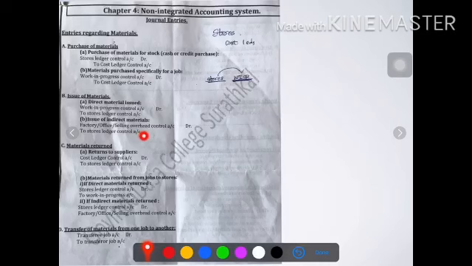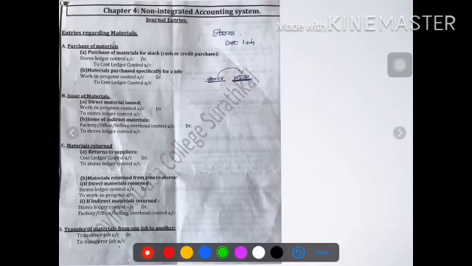So, in other words, we can say if you are issuing the indirect material to factory, then the entry will be factory overhead control account debit to stores ledger control account. If it is to the office, then office overhead control account debit to stores ledger control account. In case it is for selling department, then the entry would be,